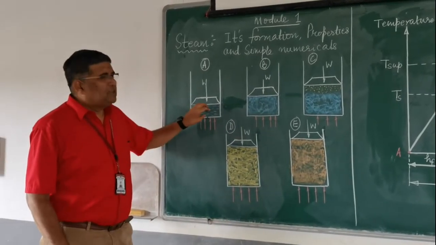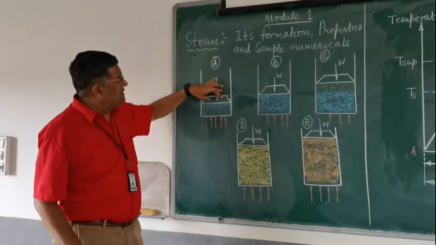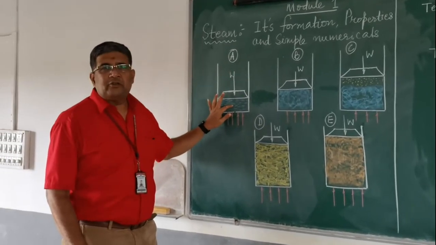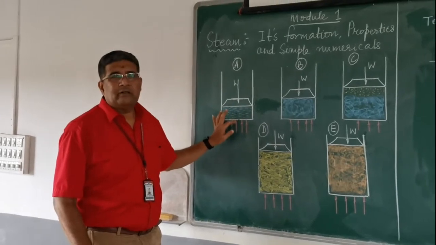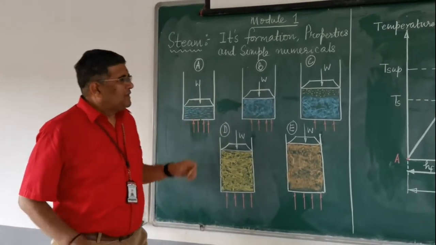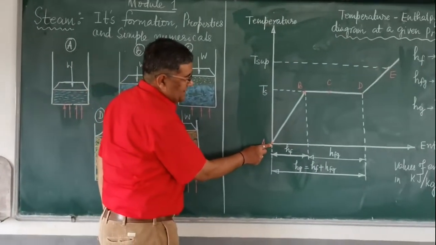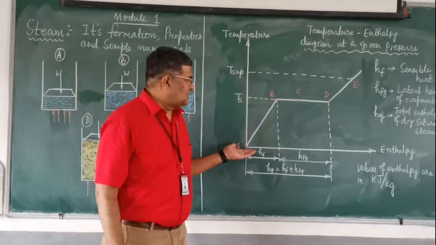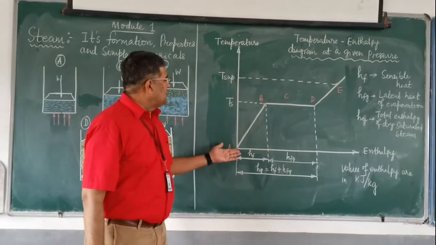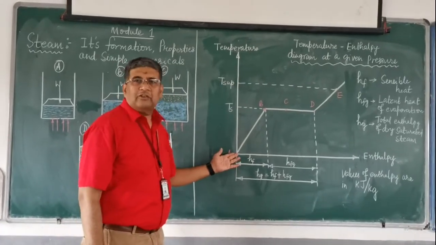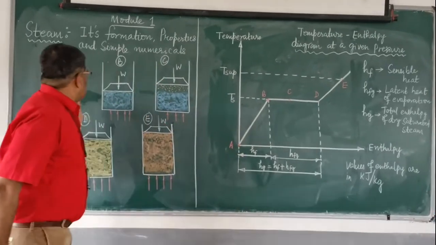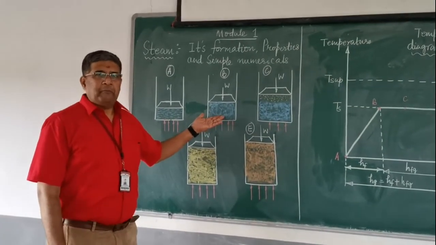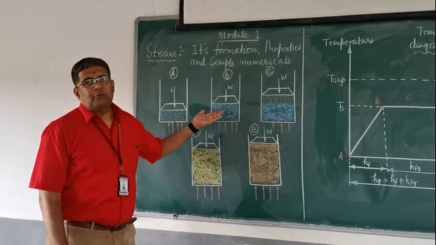So we have taken 1 kg of water, we have placed a known weight, and the water is at 0 degrees, and we start adding heat to it. This point is represented at A here. Where we have just started adding heat, there is no enthalpy, and the temperature is 0 degree centigrade. Now, as we go on adding heat to it, we will find that at some point the water starts